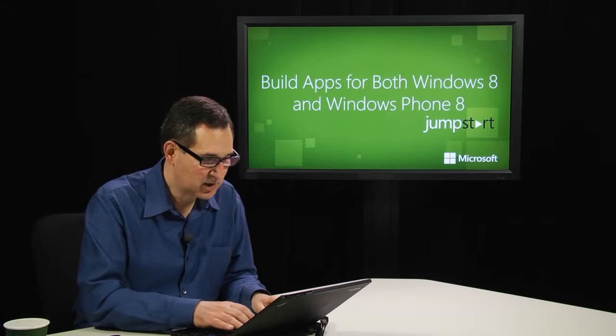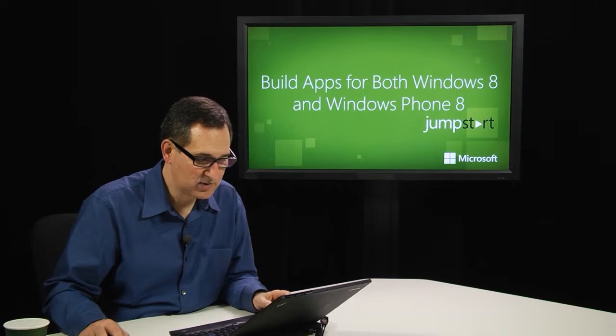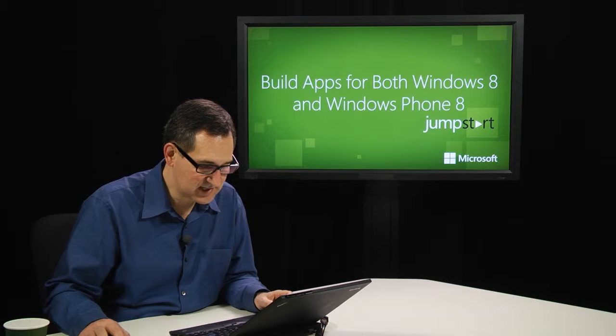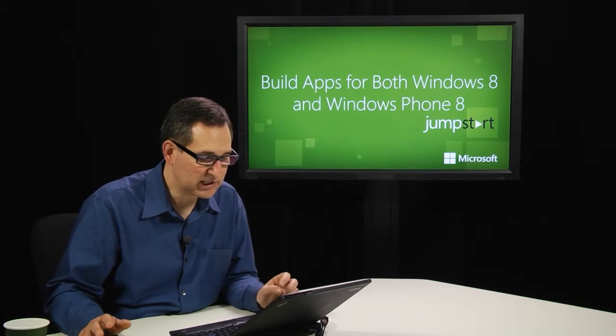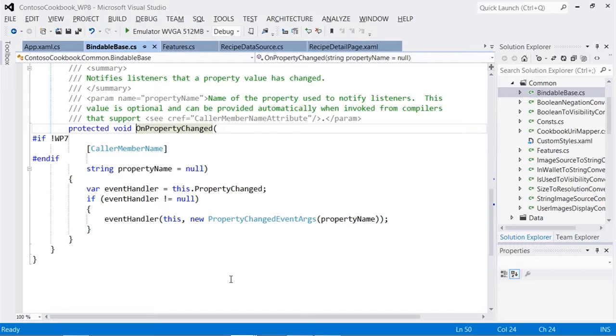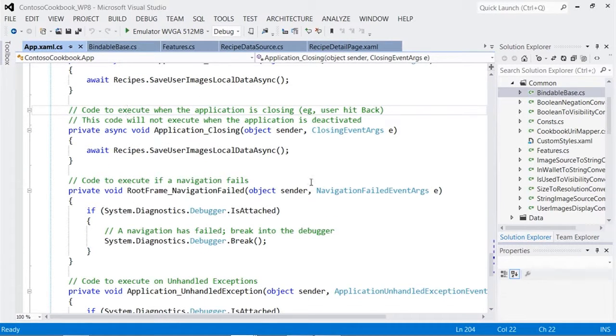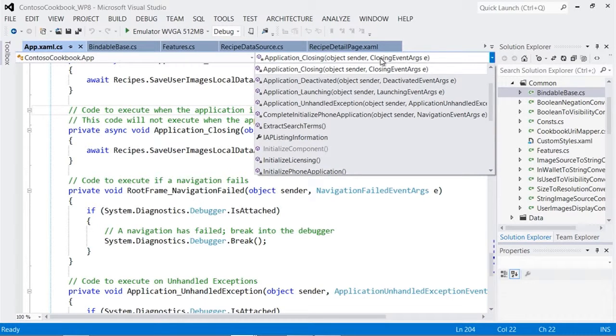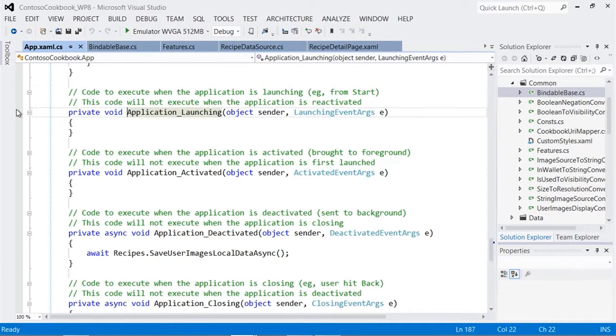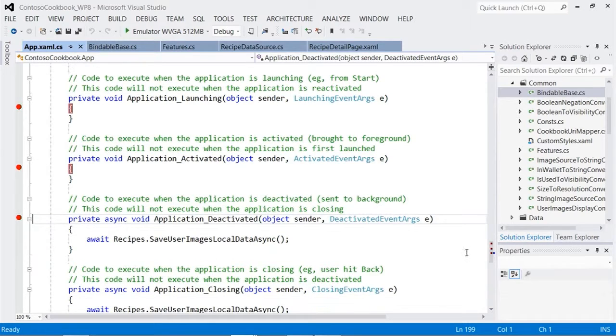Let me turn off all of those, delete all those breakpoints. And now let's have a look at the same app, although this time we're looking at Contoso Cookbook on Windows Phone 8. And again, I'm going to look at the app.xaml page. I think I have it up here already. Here we go. So I'm going to put a breakpoint on launching, activated, deactivated, and closing. And so if I run that,